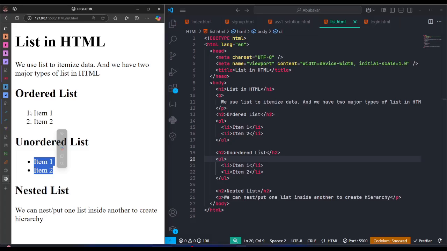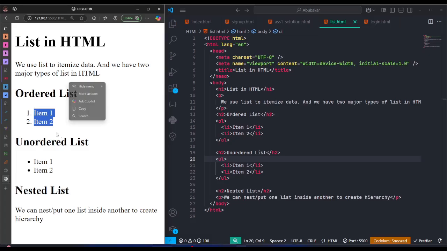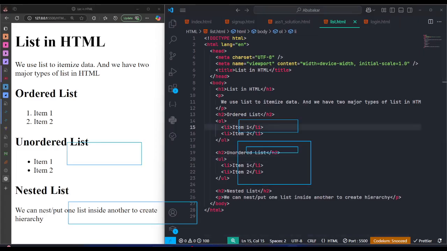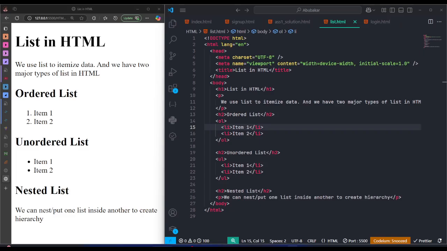A list is used when you want to itemize or list out some items, like your skills, the places you visited, the list of students, the list of schools, the list of polling units. You might have a site that displays a list of schools coming from a location, and so forth. So you are going to be using lists. And how do you generate a list in HTML? We have the ordered list, which uses OL, and for the unordered list,